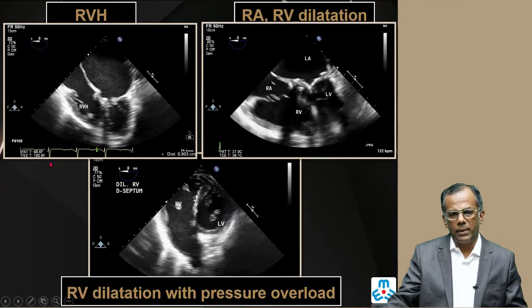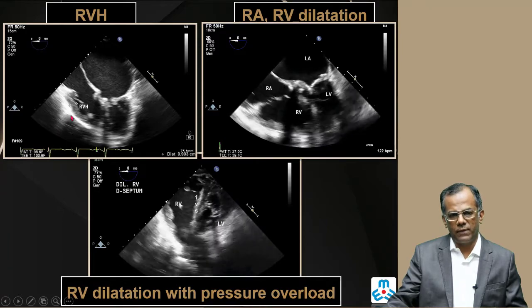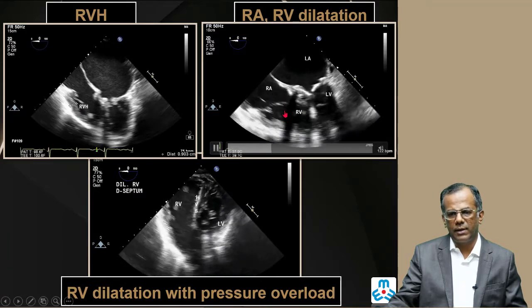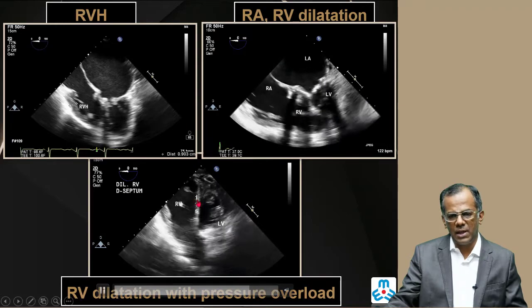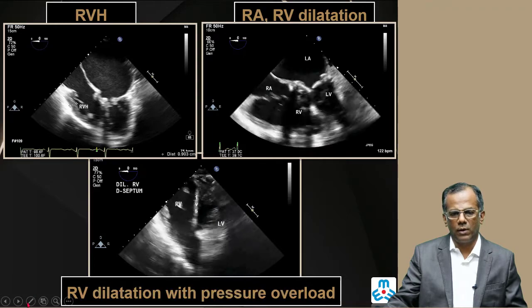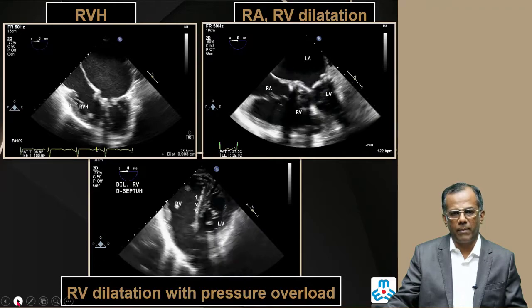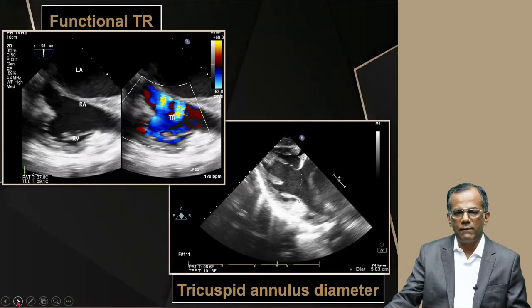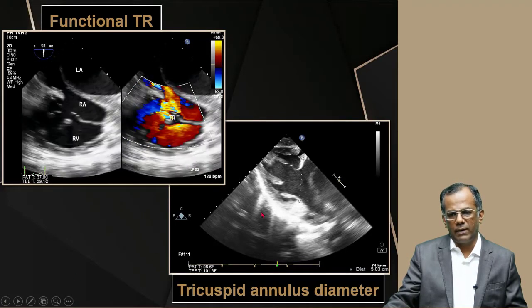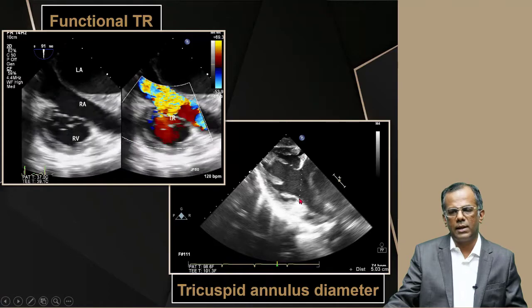Because of the pulmonary hypertension and the back pressure effects, you can have right ventricular hypertension, right atrial and right ventricular dilatation, and the classical D-shaped septum at systole and diastole because of pressure overload along with a dilated RV. The most common valvular lesion associated with MS is tricuspid regurgitation, and whenever your tricuspid annulus is greater than 21